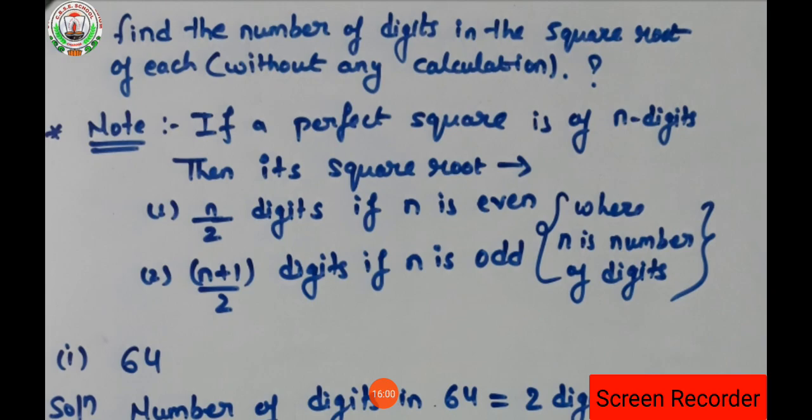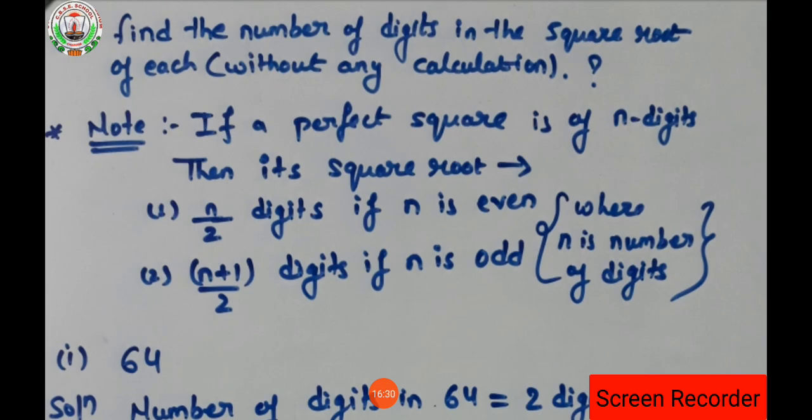What is the note is, if a perfect square is there of n digit number, n digit that means either it can be 2 digit number, 3 digit number, 4 digit number, and so on, 7 digit numbers. Number of digits can be increased, that's why it is said as n digit number. Suppose we are having a 2 digit number, and that number is 24, suppose.